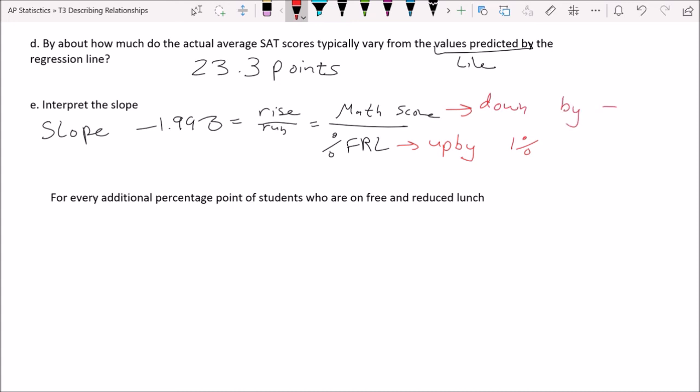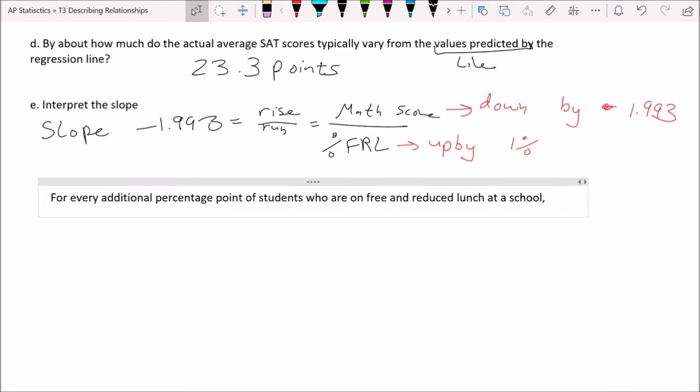I shouldn't put negative, it goes down by 1.993 on average. Okay, it's not exact, it's on average. So for every additional percentage point of students who are on free and reduced lunch at a school, we expect that on average, the SAT math scores go down by about